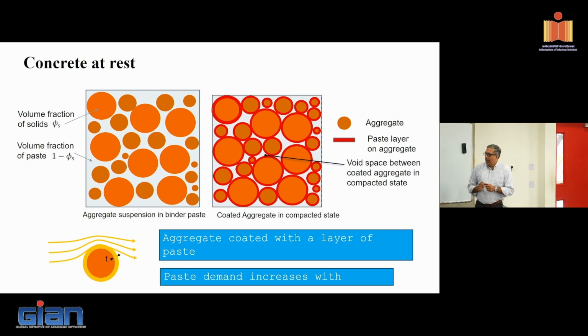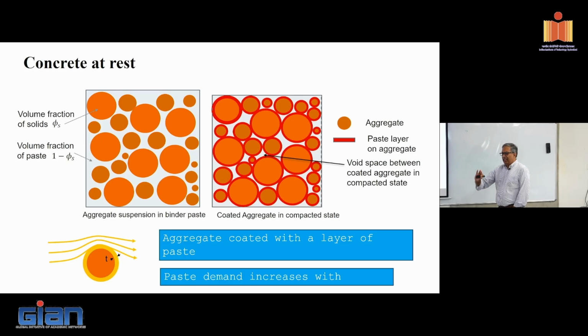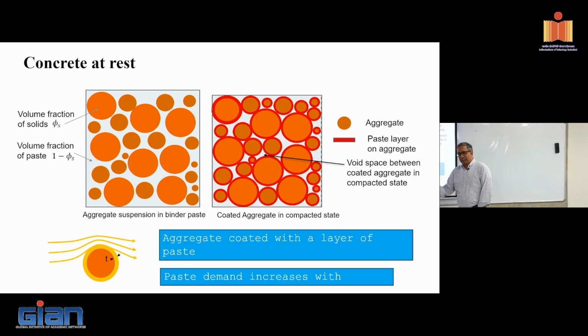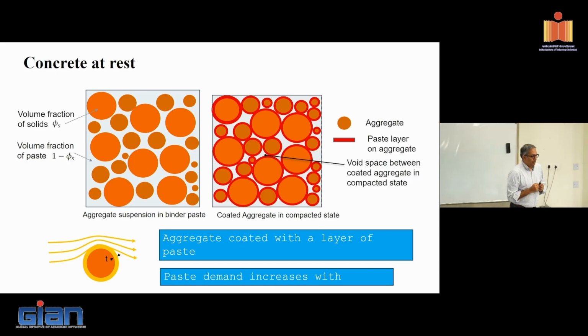Right. Now, last few slides. Let's look at what happens when concrete is at rest. Let's try to understand slump, and that third lever that we haven't pressed so far, which is aggregate. We've understood packing. We've understood strength. So I'm going to adjust the water to cement ratio for my strength, and packing for economy, so that I use minimal cement paste, following certain packing procedures. The other thing now is concrete at rest. Where is it at rest? How do we measure it? When I measure a slump, it's at rest.